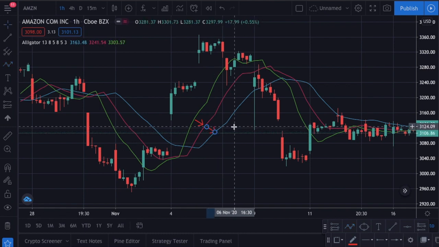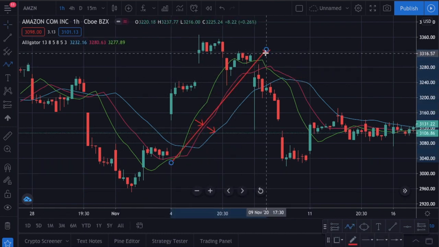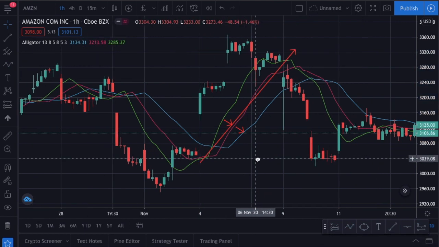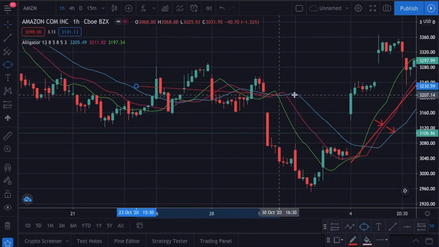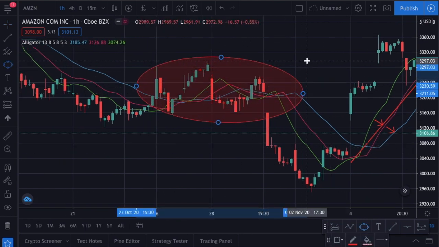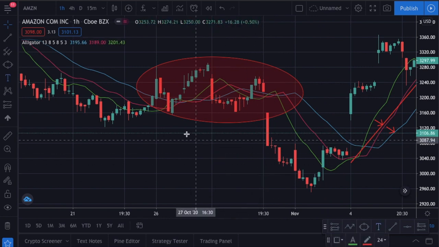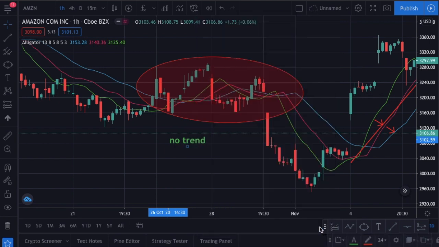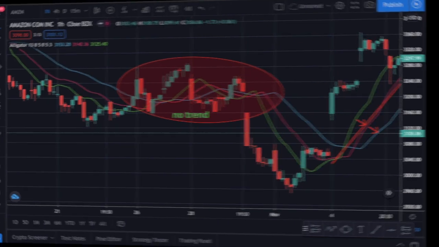Because it shows when the markets are trending, and when they move sideways. If the lines are apart from each other and if they are in a row in the correct order, it means that the market is in a trend. If the lines are close to each other and crossing a lot, it means that the market moves sideways. Williams Alligator is a trend-following indicator. And we will use it to hop on trends. So we will avoid opening positions when markets move sideways. Remember that, to be a profitable trader, you have to trade in the same direction as the trend.